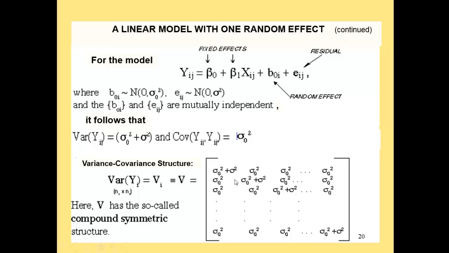But it turns out that if you define a model in this way with a single random effect and no other correlations, you will get a compound symmetric or exchangeable variance-covariance structure. That's one way, not the only way, but that's one way that you can get that variance-covariance structure. And what's more,